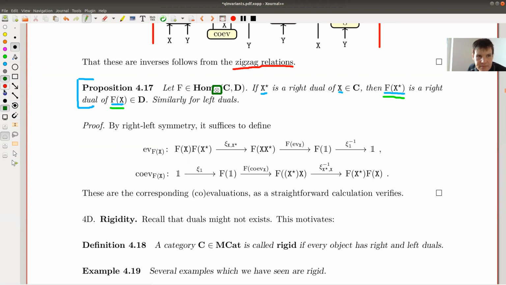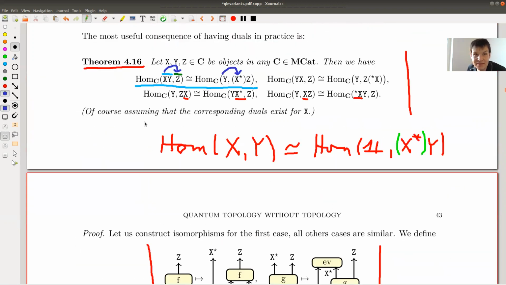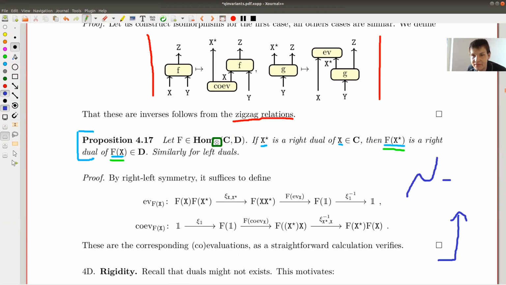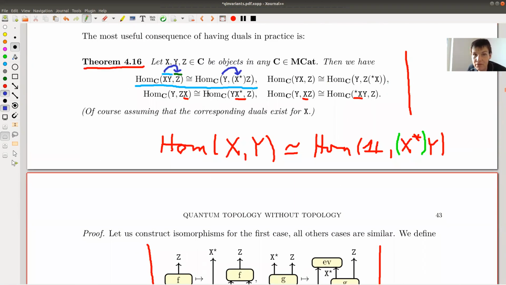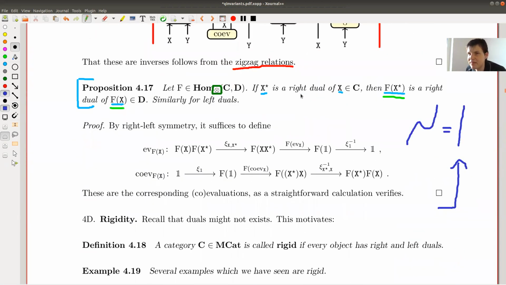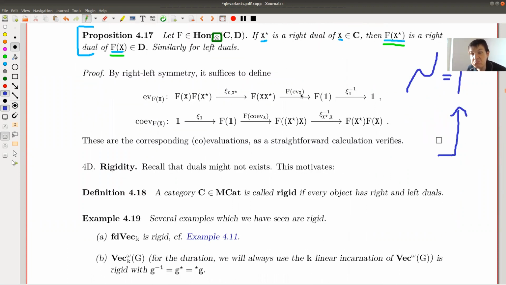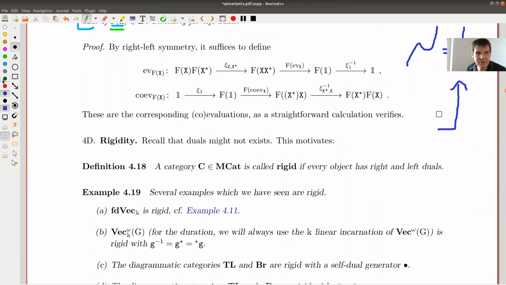And this motivates, well, all the story above up to this point basically wants to say dualities are cool. That's basically what it wants to say. They like zigzag relations. They're like cups and caps. They have this really good theorem of pulling objects from one side to the other in home spaces. So maybe it makes sense to formalize this in some category terminology, like come up with some terminology. And what people usually say is the category is rigid